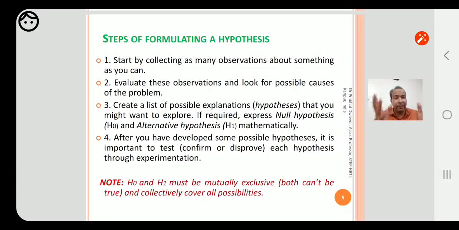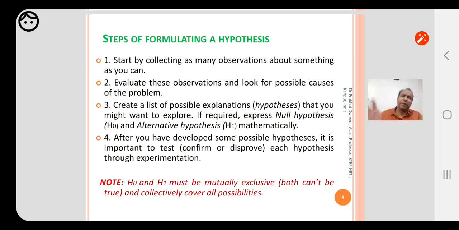Then he raises several questions, then further he tries to find out answers to those questions, and in that sequence, he builds up some hypothesis. So how do things start, how does formulation of hypothesis go? What are the steps we are learning in this slide?